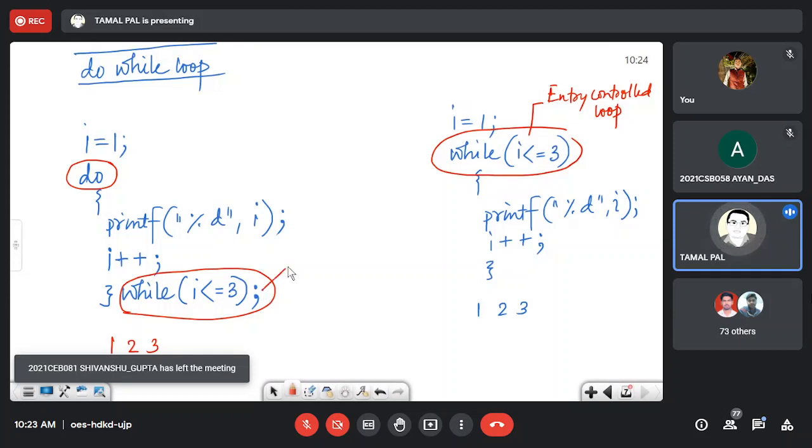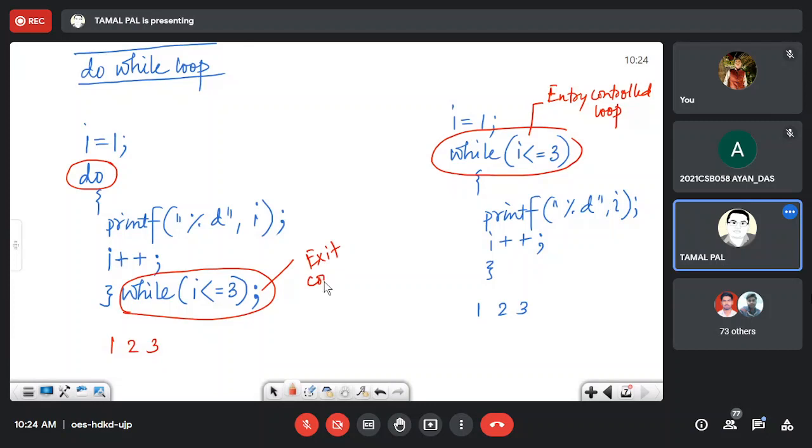But this is known as exit controlled. That means when control exits the loop, it checks the value of the variable, that means the counter. The test of the counter is done at the end of the loop.